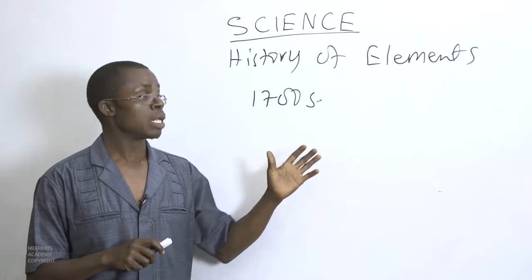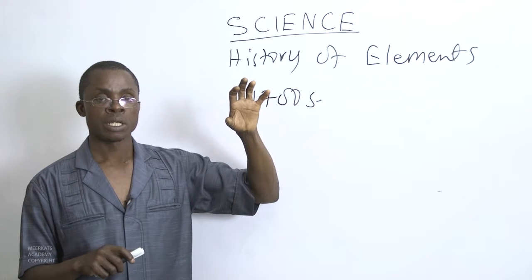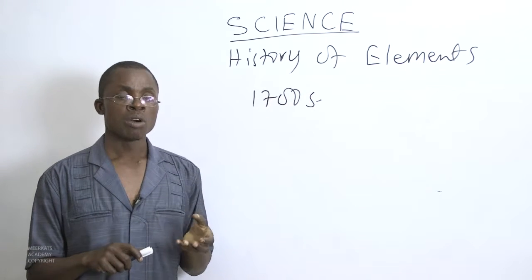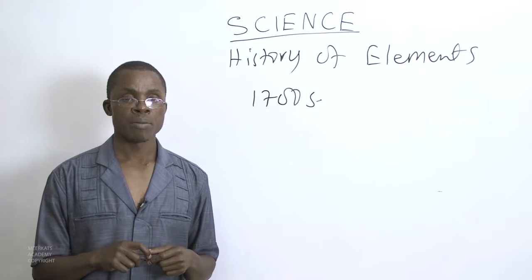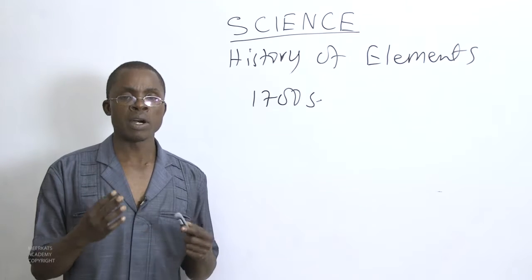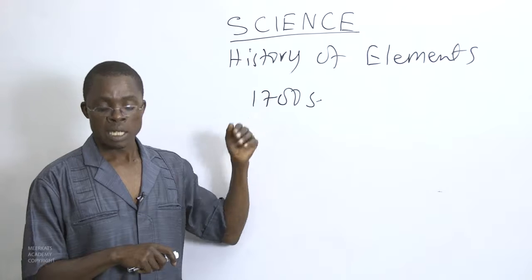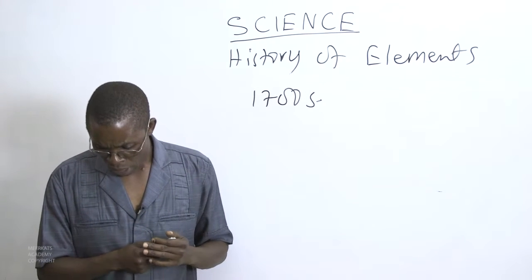The alchemists, the ones I've been mentioning, these are Greeks who did that. But the alchemists who existed in the 1700s did a little bit more advancement on what we knew in the early days. They looked at this atom as